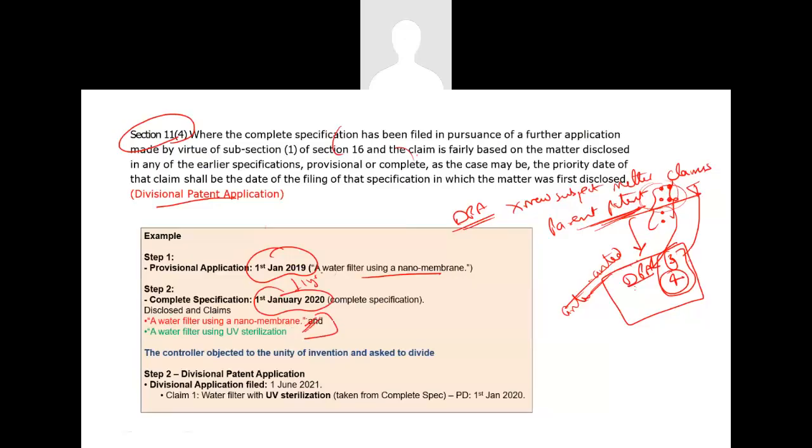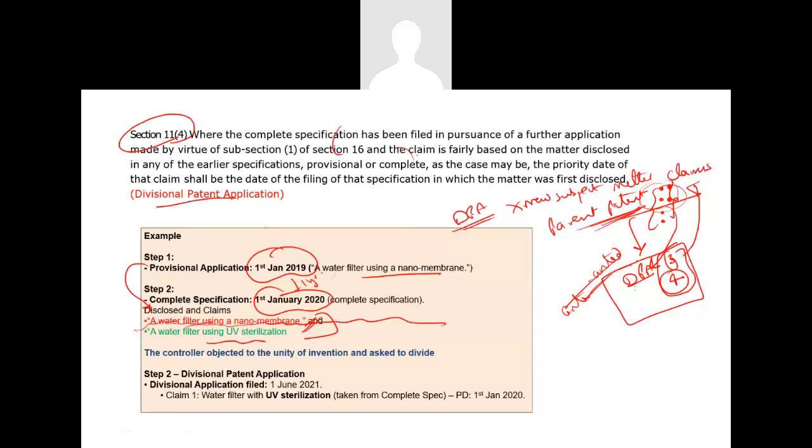One, which came from the provisional, which is a water filter using nanomembrane, and second was an improvement over it, another invention, which is utilization of UV sterilization. Now, two different claims,